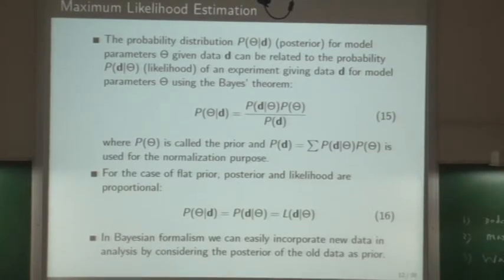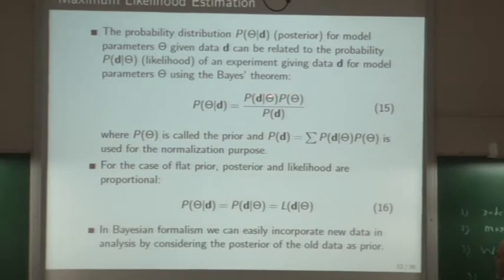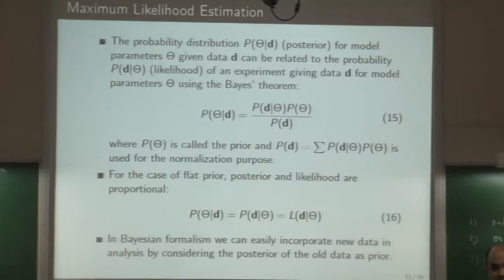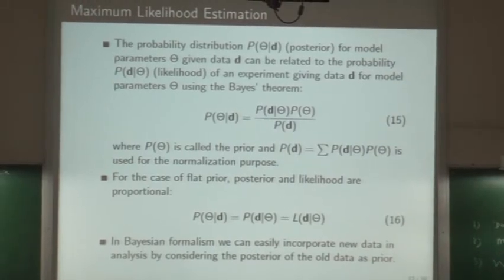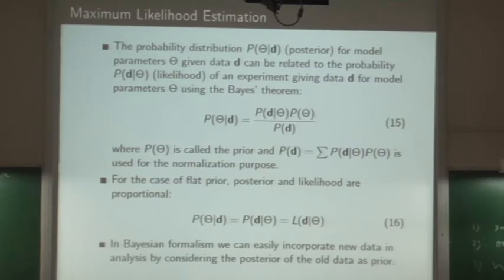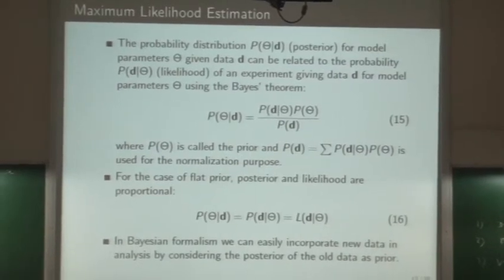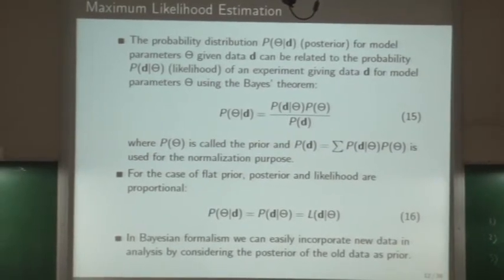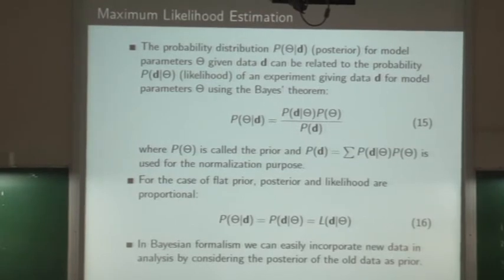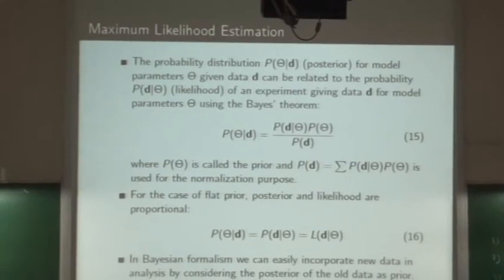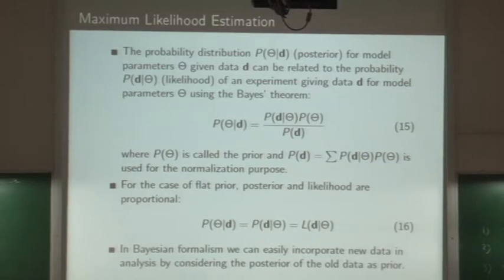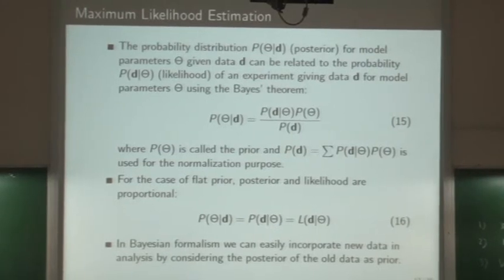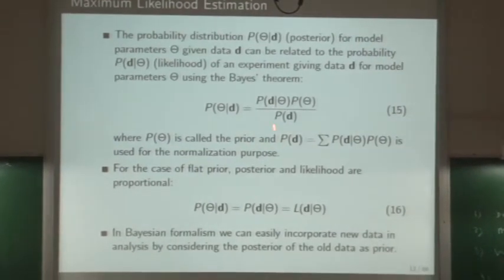And then we will multiply that prior with something called likelihood. What is the probability of obtaining a data set which we have, given a theoretical model? So we have a theoretical model, and obviously we can create data from there, what is called simulation in some sense. And then we have the actual data also. So we ask this question: what is the probability of getting the actual data which we have, given that theoretical model? So this is called likelihood.